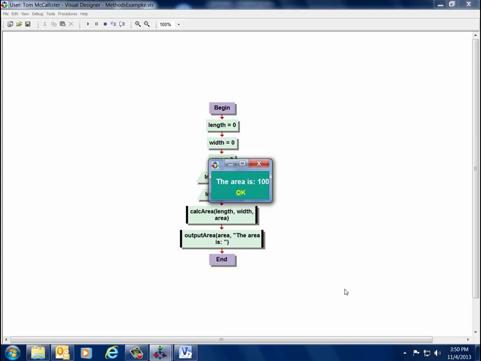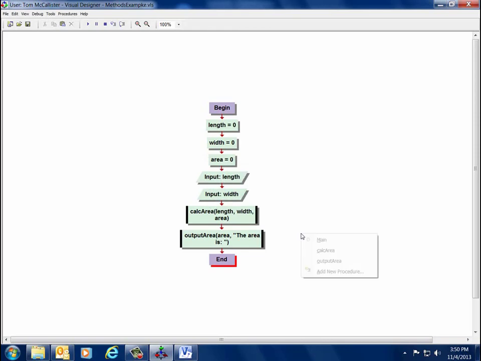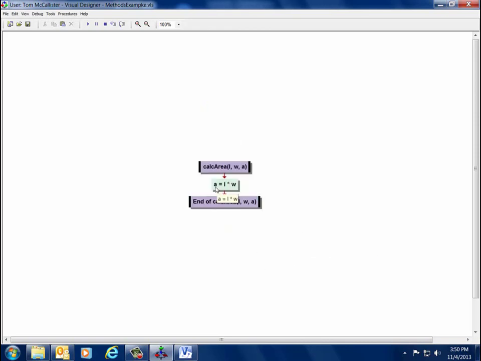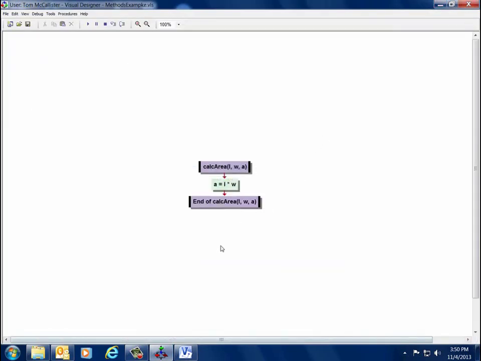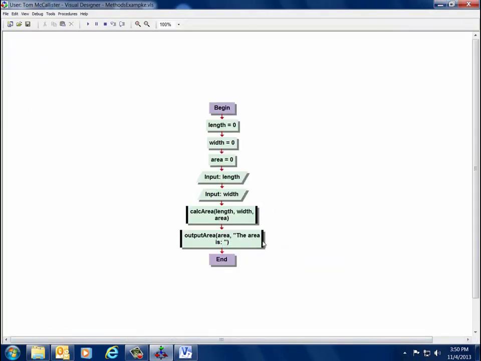So when I change the value of A here from 0, which was passed in, or actual hexadecimal address, to 100, and I made this assignment, area and A point to the same memory location. Remember that? See? That's how that worked. All right. Now, let's do something a little different. Now, you can have as many of these by reference as you want, or by value, or any combination, depending